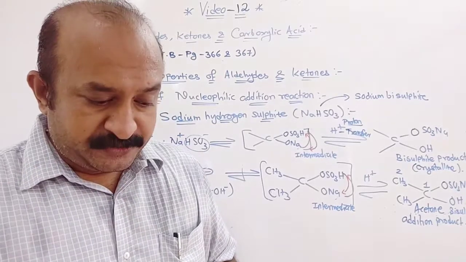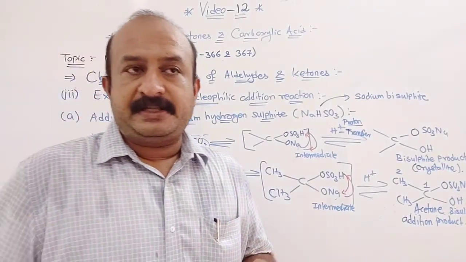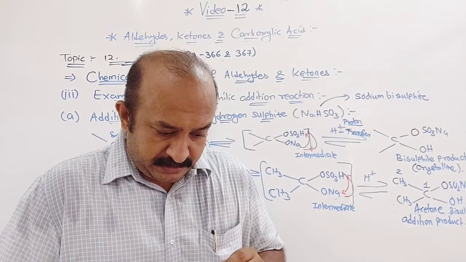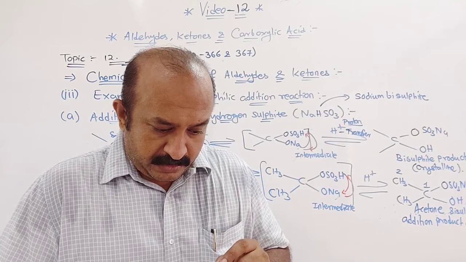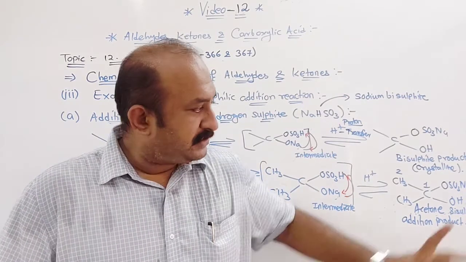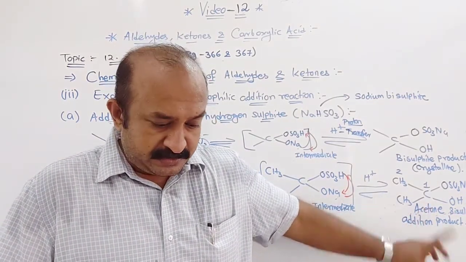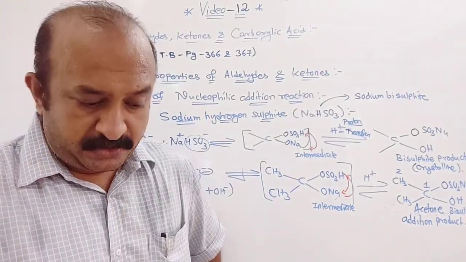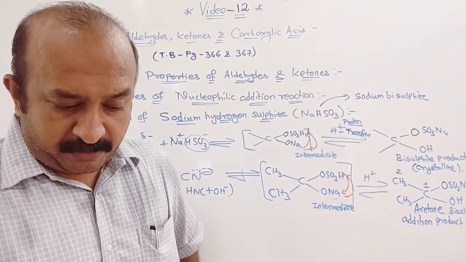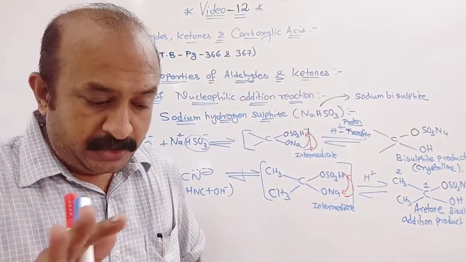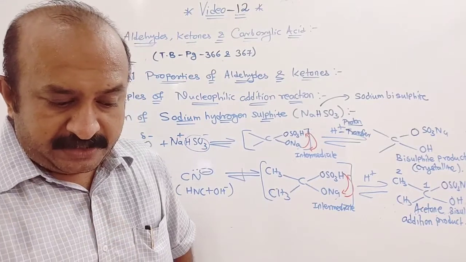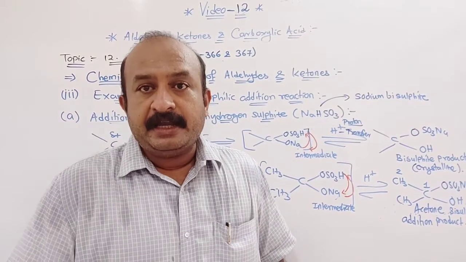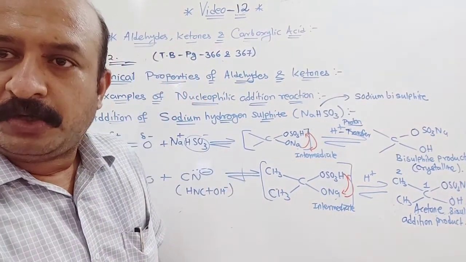Okay. Now in your textbook, in the last paragraph of this, one line is given, that it is written as the hydrogen sulfide addition compound, that is this part. What is given? It is water soluble and can be converted back to the original carbonyl compound by treating it with dilute mineral acid or alkali. Therefore, they are useful for separation and purification of aldehyde. Now, what is the meaning of that? That I am going to explain.